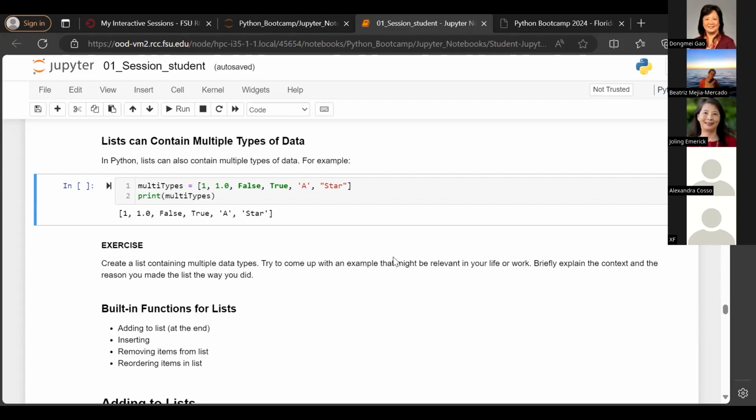Yeah, so it can be a random collection of stuff. It doesn't necessarily have to, I think we made it a relatively hard exercise to come up with an example that's relevant to work. But like I mentioned before, student data might be something that combines both strings and the different values, like grades and maybe a student ID or something like that. So, yeah. All right, well,